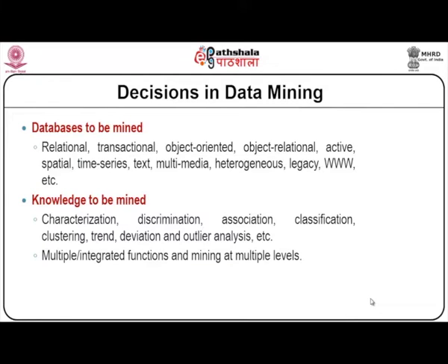If you closely watch the previous discussion, in the last part we studied the decisions made during the data mining phase, and we tried explaining the different data mining tasks. We were trying to discuss how databases and knowledge differ, or what makes regular data different from knowledge. In order to extract more knowledge, we may have to categorize or characterize data, discriminate data, associate, classify, cluster, trend, deviate, and outlier analysis are also to be performed as part of knowledge